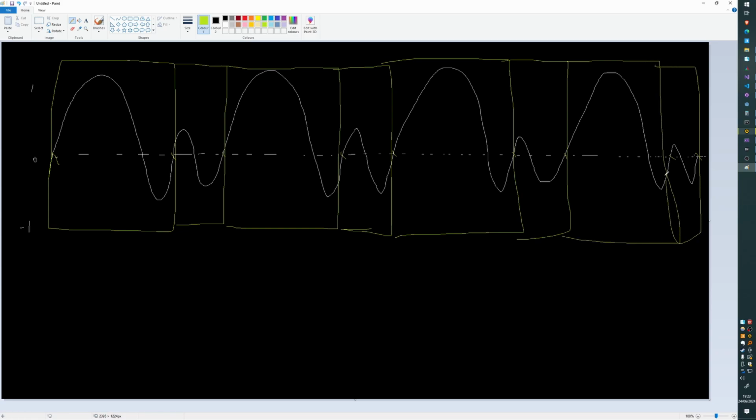And so that's supposed to pass through the zero crossing. But anyway, the first thing we do is we're going to start. For each one of these wave cycles, we're going to do an analysis, one by one. So this one, this one, this one, this one. We're going to do an analysis for each one of these individual wave cycles, and we're